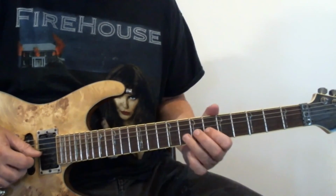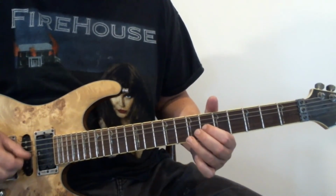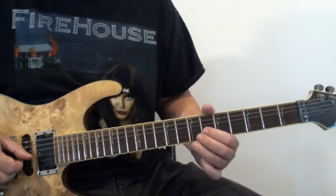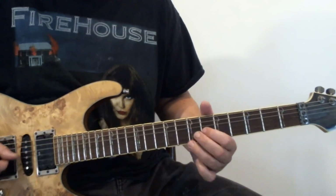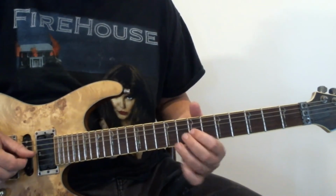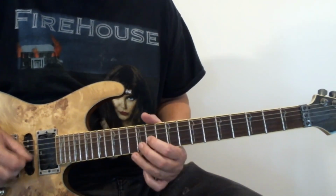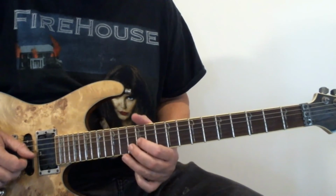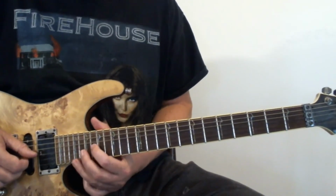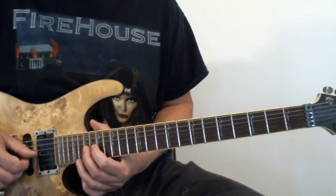the next progression. We start on the G string, the 6th fret, and we just do fast picking whilst doing vibrato on each note. So we start on the 6th fret to the 7th fret. So it's every bar. You can hear the chord changes. So 7 to 9, 11, 12, 14, 18, 19, 18 again,